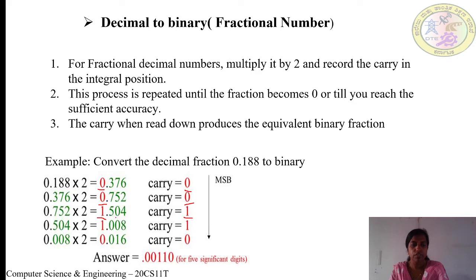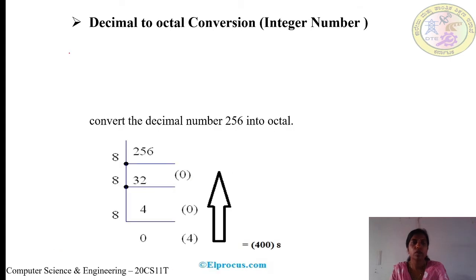Next, take the previous value 0.504 into 2 is equal to 1.008. Take the value 1 and put as a carry. Next, take the previous value 0.008 into 2 is equal to 0.016. So take the value 0 and put as a carry. Hence, we can read the carries from top position to the bottom position, that is 0.00110. Next we move on to the conversion between decimal to octal